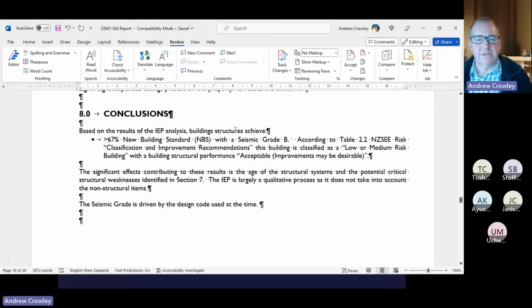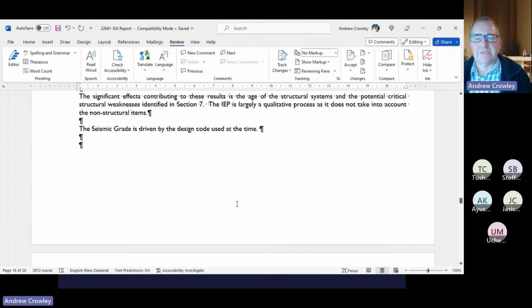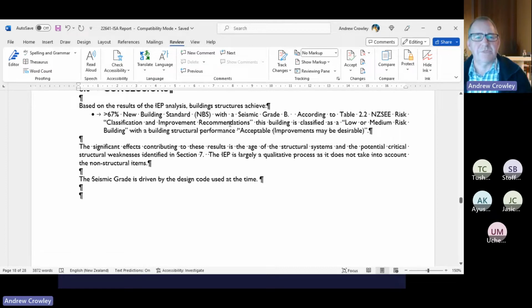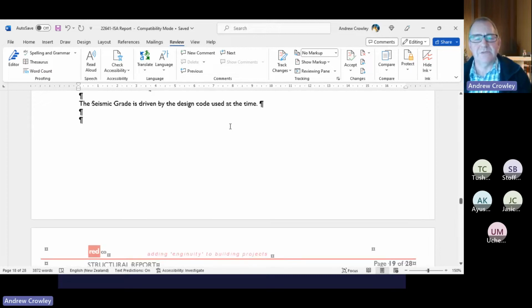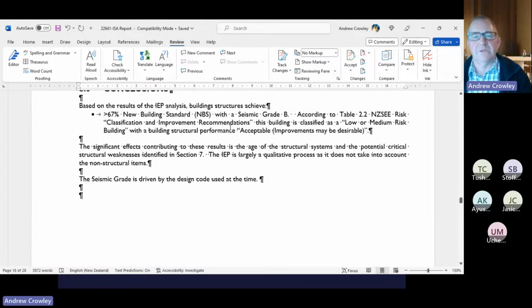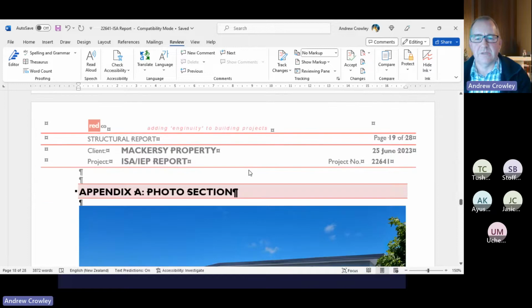You can give them a nice conclusion with that, and usually by that stage, because we're above the 67%, that's kind of the end of the story. That's the end of the job. If it was less, you'd then go on to the recommendations. And one of the recommendations could be to do a detailed seismic assessment to get a more accurate percentage NBS. And then we're into